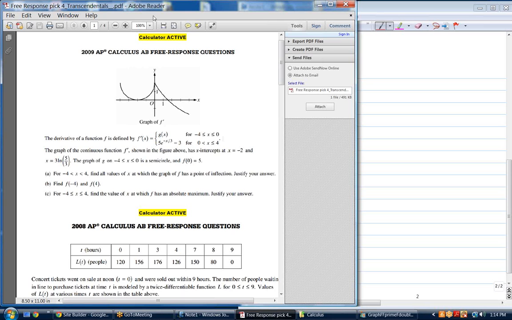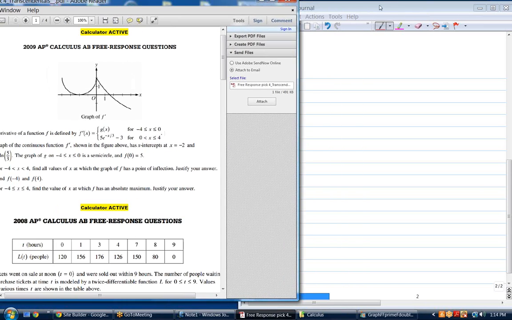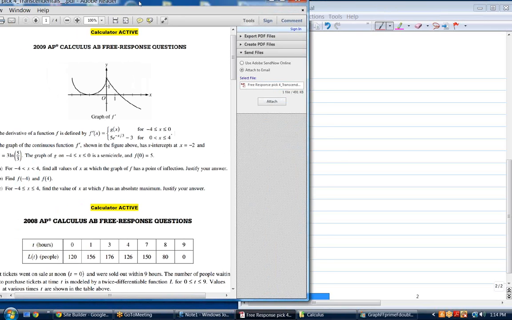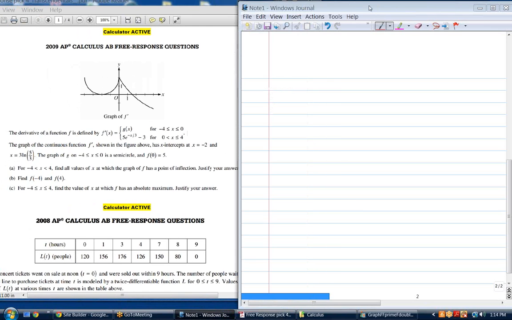Well, let's see if we can work backwards. We know that f prime of x equals